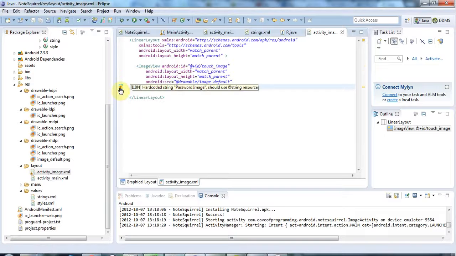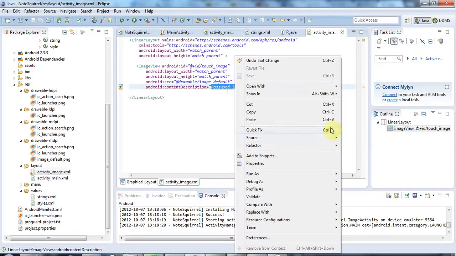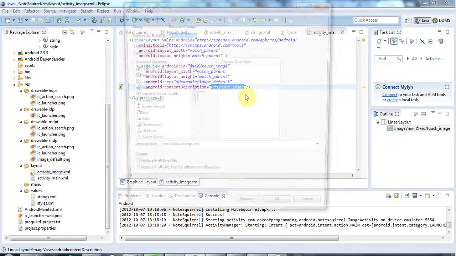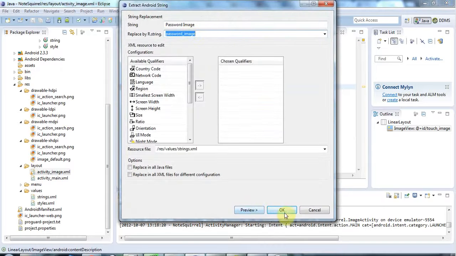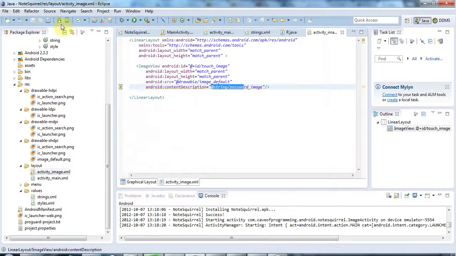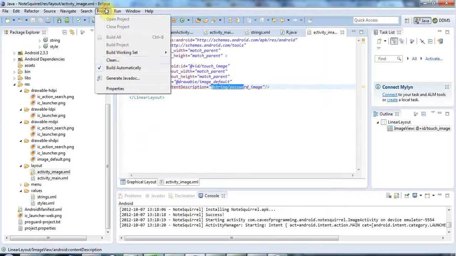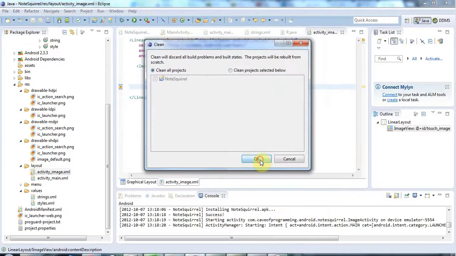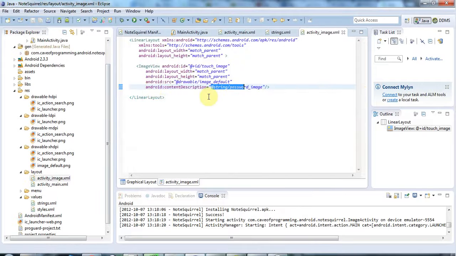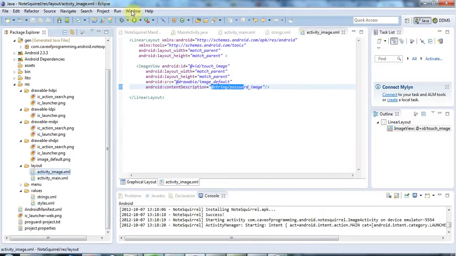And oh yeah, I need to put this in a string resource if I'm going to use it. So let's just select that and go to quick fix and extract string, and password image is a fine ID for it. And hopefully, let's see, has it stopped complaining? It will have. Let's go to project clean to rebuild the project, and there we go. Now we've got an image view that's got no warnings on it, which is nice, and we should be able to actually see this. So if I just click run here,